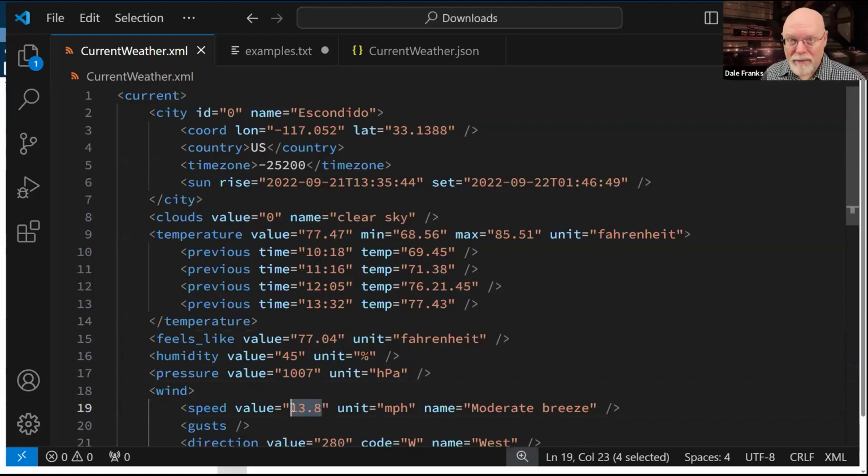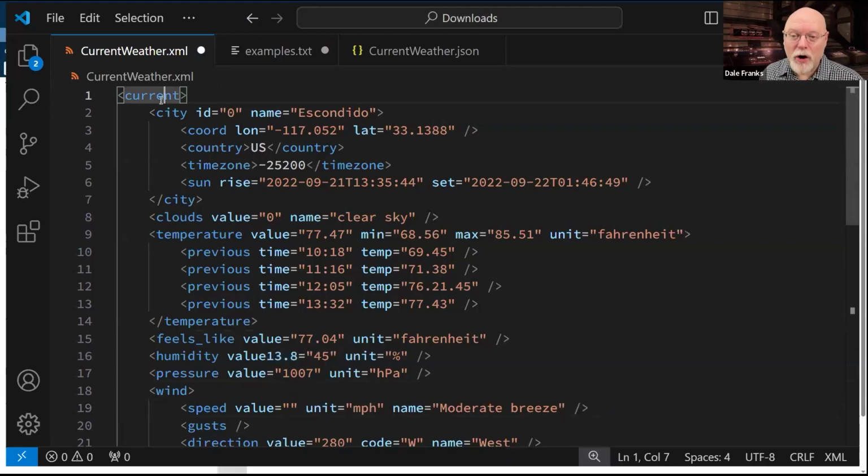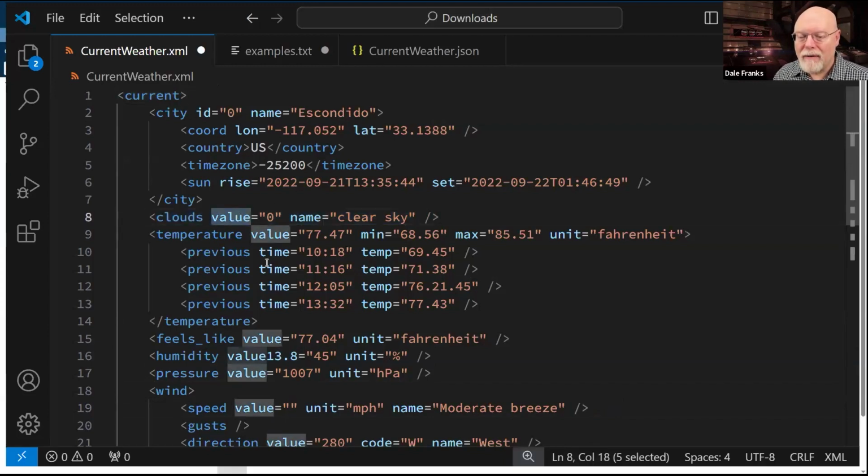All of them have 2 things in common. A, they all exist inside the current node, which is my parent node, so we would expect that. And the second thing is they all have the attribute of value. So clouds value equals 0. Temperature value 77.47. Feels like 7704.